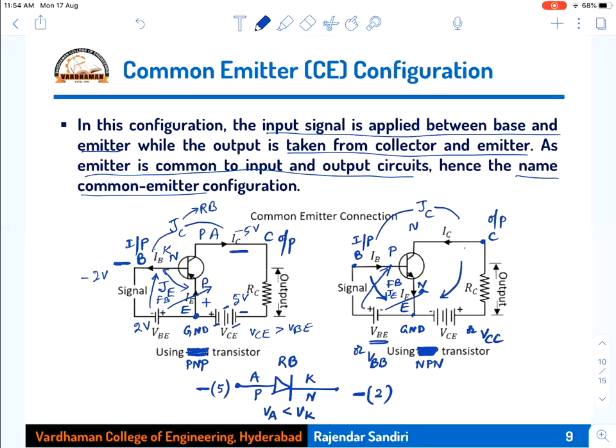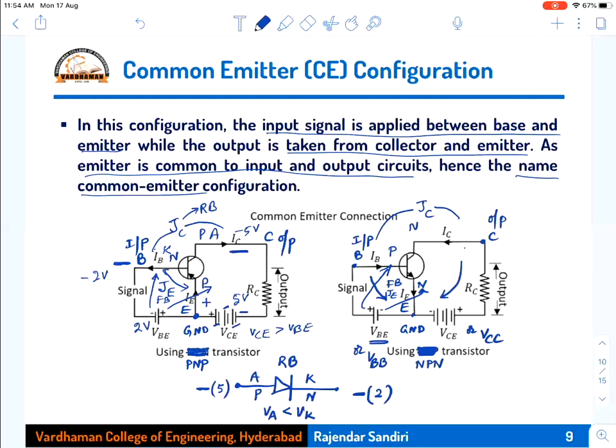That means whatever battery is connected between the terminals, it need not be that in all three configurations the battery is connected directly between base and emitter, and between base and collector. Rather, from the polarities or magnitudes of the voltages appearing on the collector base regions or emitter base regions, we have to decide whether that particular junction is forward biased or reverse biased.